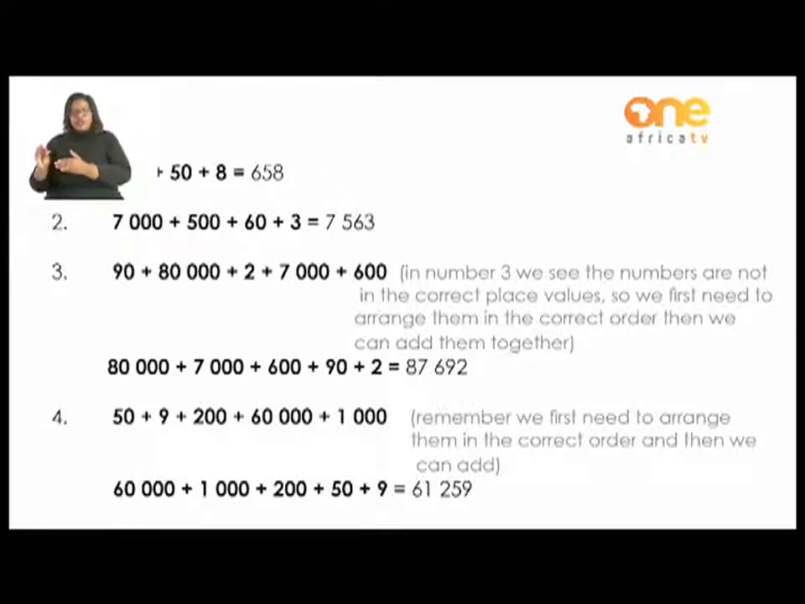Number 4, 50 plus 9 plus 200 plus 60,000 plus 1,000. Remember, we first need to arrange them in the correct order, and then only we can add. So we add them from the biggest value to the smallest. So let's arrange. We will get 60,000 plus 1,000 plus 200 plus 50 plus 9. And if we add it together, that gives us